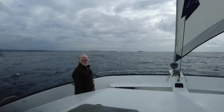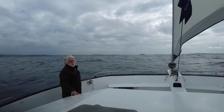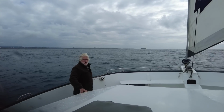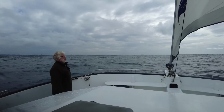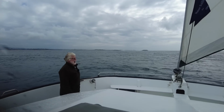This is Coolangatta and Tweed Heads. You can see out in front of us, there is a bar there. We could go into the Tweed River and anchor up, but it's only about another 3 or 4 hours down to the Gold Coast Seaway, and I'm going to get down there. I should get there before high tide, so it'll be another good time to be crossing the bar onto the